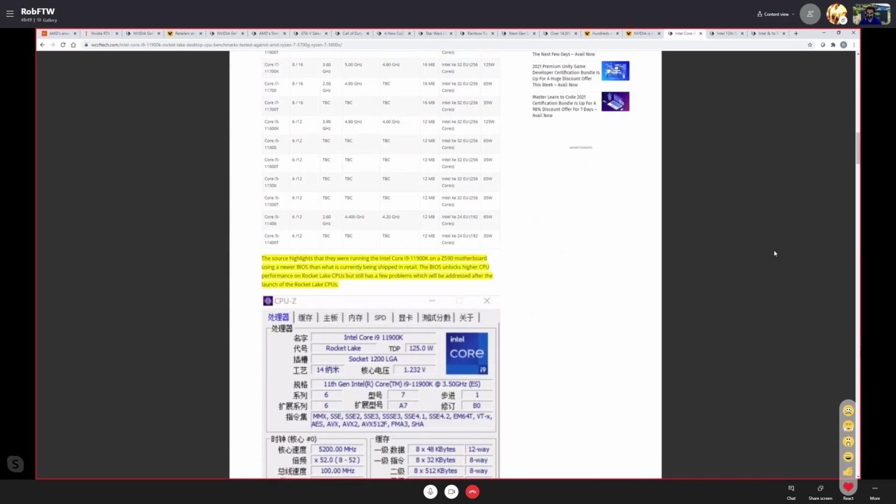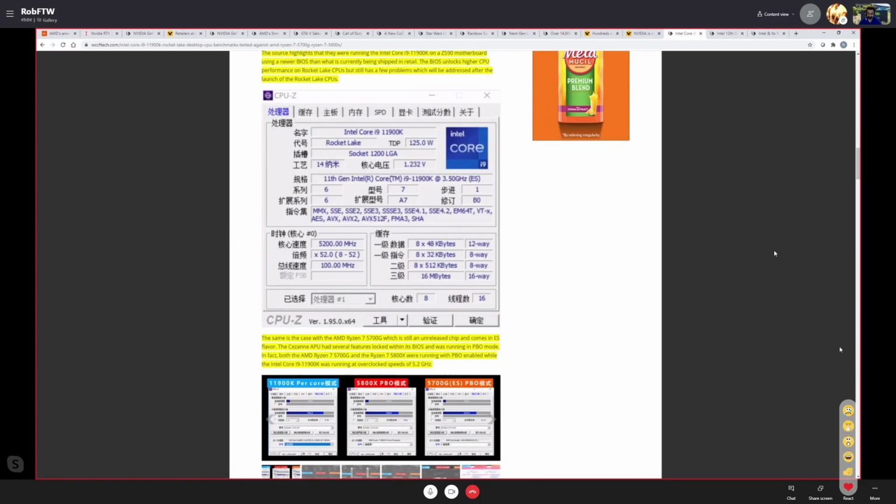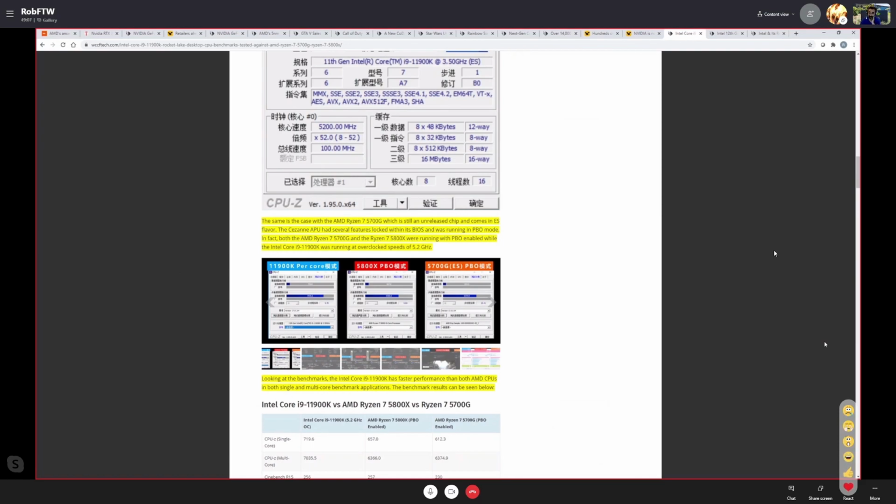Well, before we get to that, the source highlights that they were running the 11900K on a Z590 motherboard using a newer BIOS that is currently being shipped to retail. The BIOS unlocks higher CPU performance on Rocket Lake CPUs, but still has a few problems which will need to be addressed. No kidding. The same case with this 5700G. The APU featured several features that were locked with the BIOS in PBO mode. So both Ryzen CPUs were running with PBO enabled, while Intel's 11900K was running at an overclock speed of